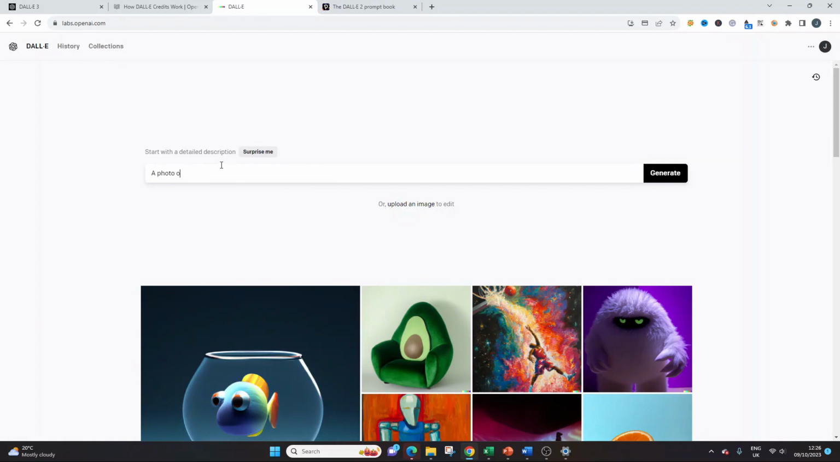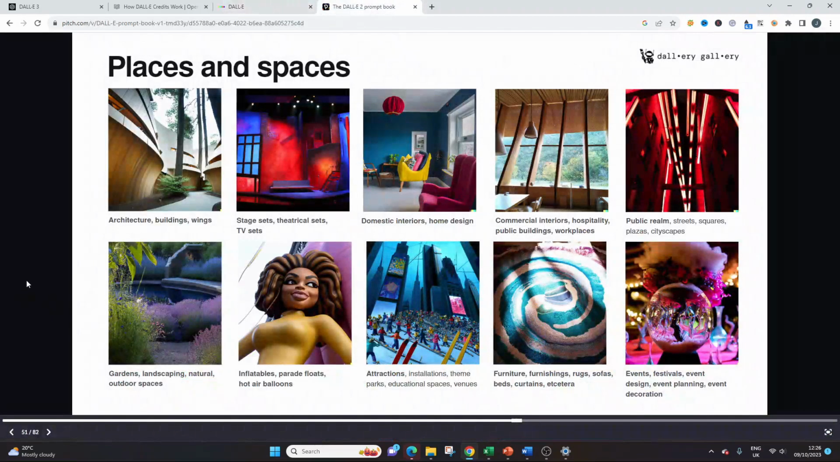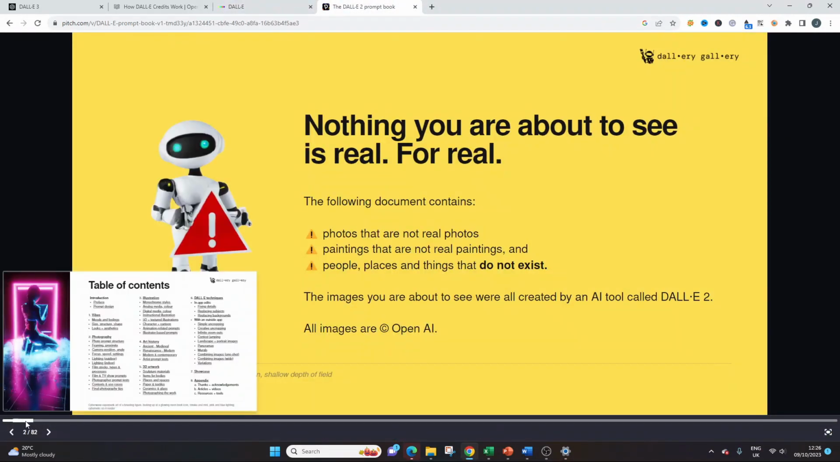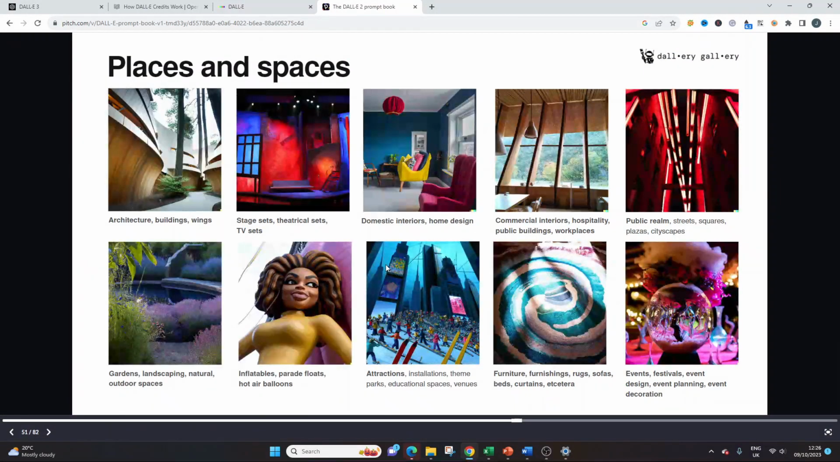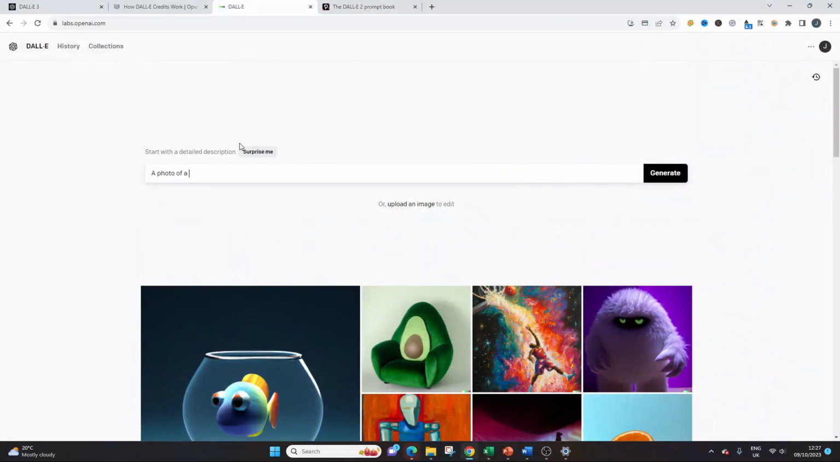A photo of a, what's the words on it? I'm going to need to go into this. Sorry, one second. This is going a little bit longer than I wanted. I want places and spaces. So I'm thinking buildings, I'm thinking of a city. So a photo of a city of skyscraper buildings, a financial hub, a bright sunny day, I'm thinking of